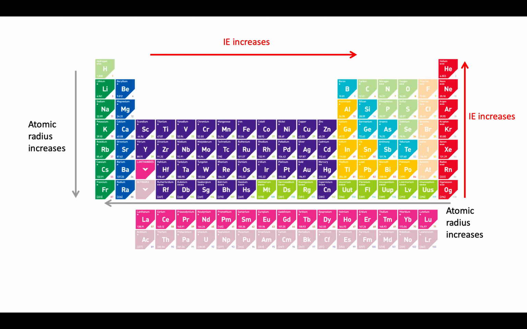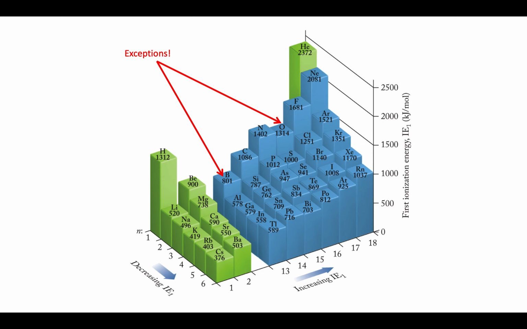Now, there are 2 anomalies in this trend. The first is between groups 2 and 13, or the point where electrons are lost from a p orbital rather than an s orbital. This is because p orbitals have a lower Z effective than s orbitals due to the fact that s orbitals have electron density closer to the nucleus as they interpenetrate the 1s orbital, and therefore, because p orbitals are not pulled on as heavily or have a lower Z effective than s orbitals, they take less